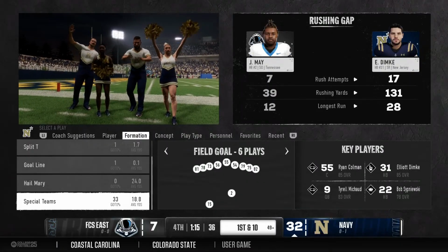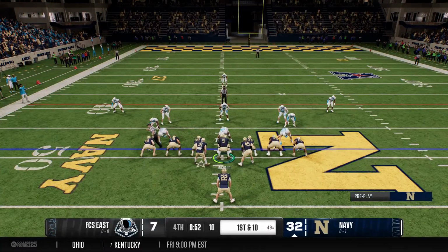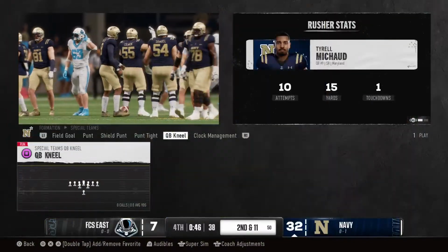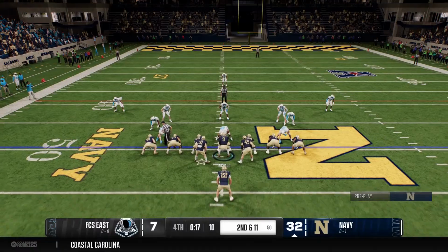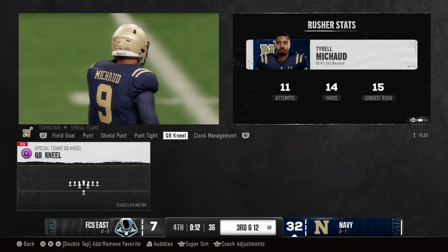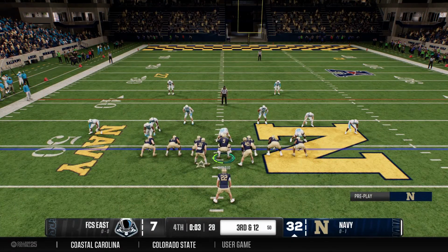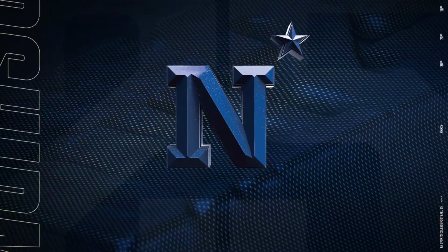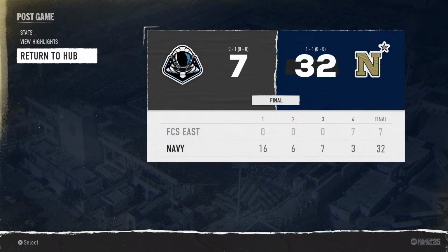Big reason why his team has the lead right now late is because of his performance running the football. Well over 100 yards in this game. They knew that they were going to have to really put a lot of pressure on him. He'd have to shoulder the load, and he has delivered for his offense all game long. So with the late lead, they're ready to just drain the clock in victory formation. If they can convert here, that type of play can really give you a shot of momentum. When you know you have a team outclassed, the ability to play to that standard and finish with a blowout